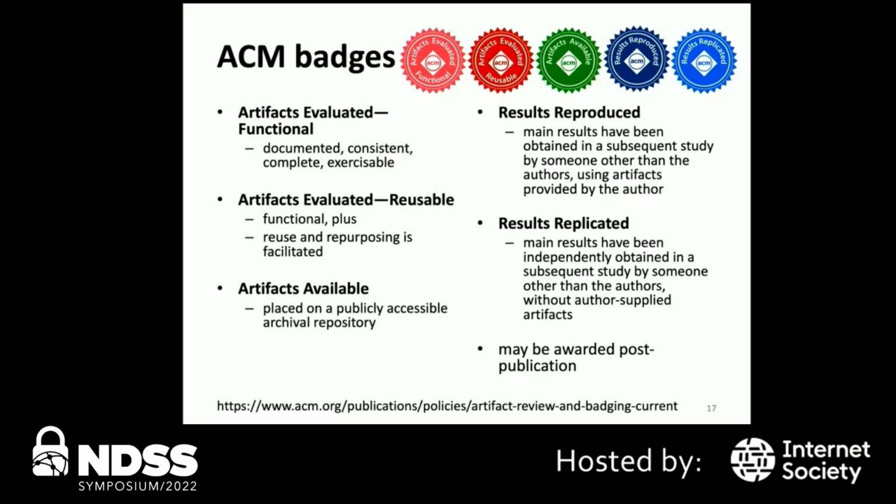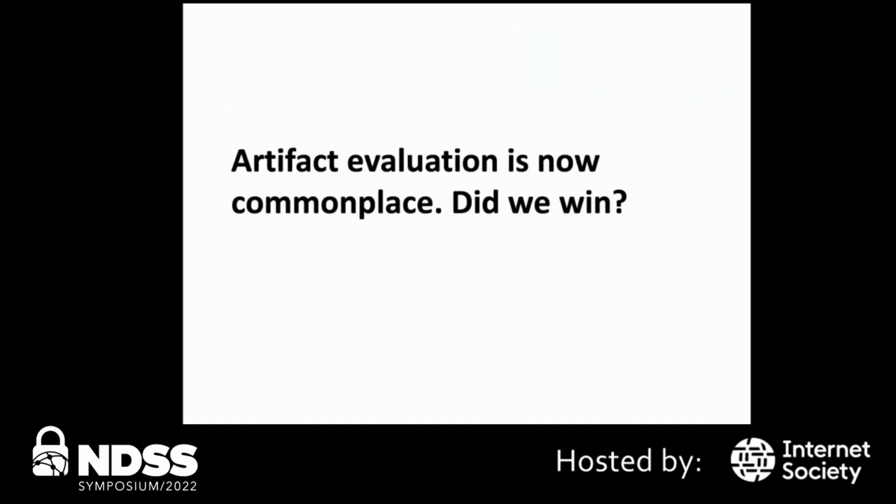But the more interesting one, probably the one that most people were interested in, is this results reproduced. The idea that you can use this artifact to produce experimental outcomes that support the claims being made in the paper. So either you were able to reproduce exactly the data presented in the paper, or you were able to reproduce data that maybe is not quite the same because your computer is faster or slower or has more or less memory, but it's still in keeping with the general claim, that your new thing is 10% better or twice as fast as some baseline. So anyway, it's becoming systematized,